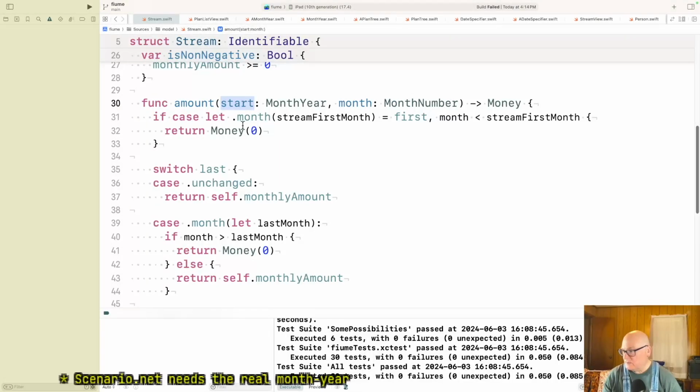Okay, add months to month year. I don't think I have to add months to month year. I think if I knew the current month in month years, I would be okay, right?